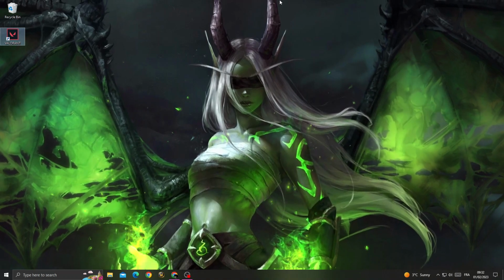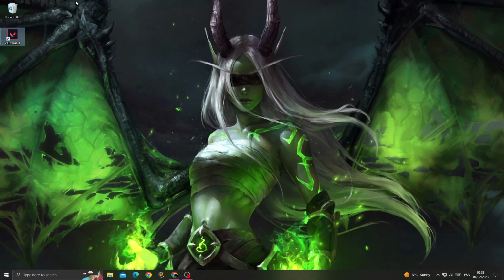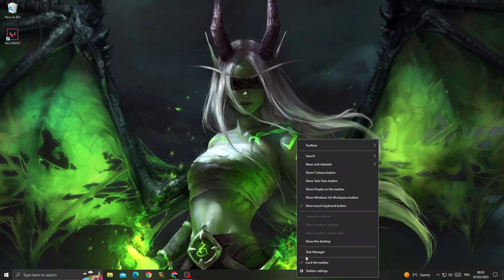How to fix Valorant lag problem, easy and quick. If you want to fix this problem, it's easy. First, just open Task Manager,